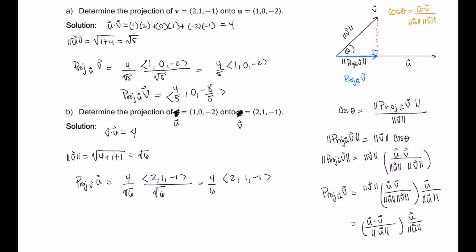There we are. So that's 2/3 here. So 2/3 times 2 is 4/3, 2/3, and then negative 2/3. And that's the projection of u